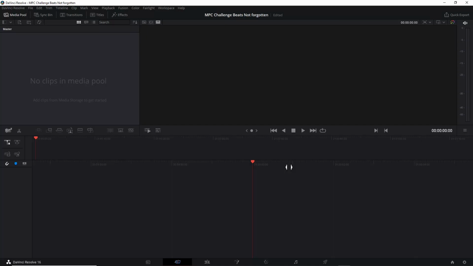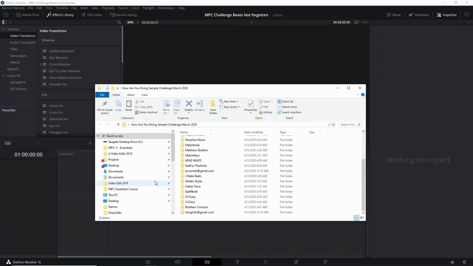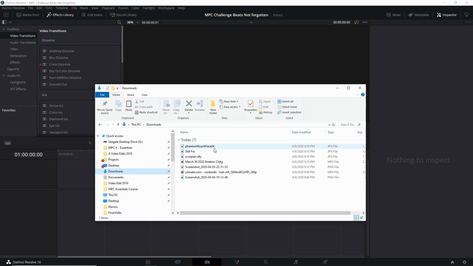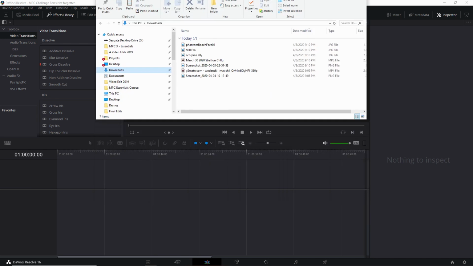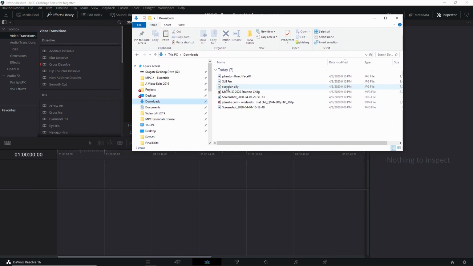And this way I'm just going to drag those 2 beats in here and then just release this video because I want to share all of them. I want to share all the beats. Alright, so basically I downloaded these beats. The beats are actually in my downloads folder right now. I just downloaded them. I should bring them in that other folder, but I just want to get this done real fast.